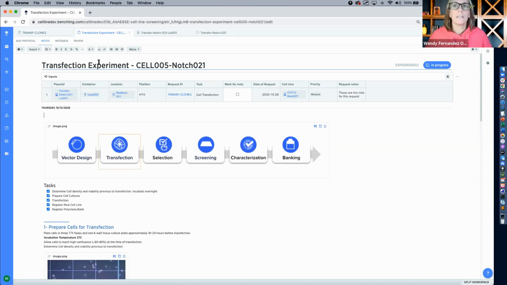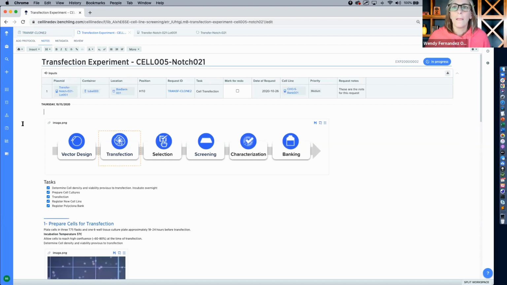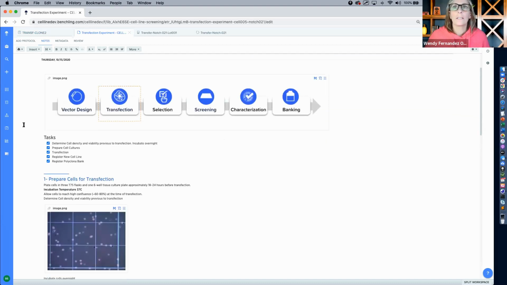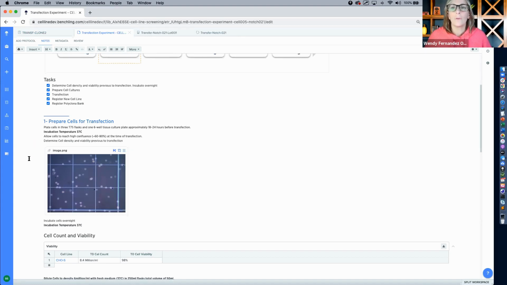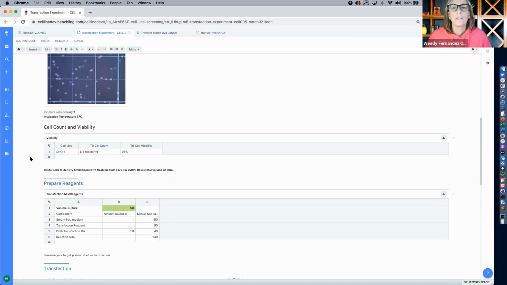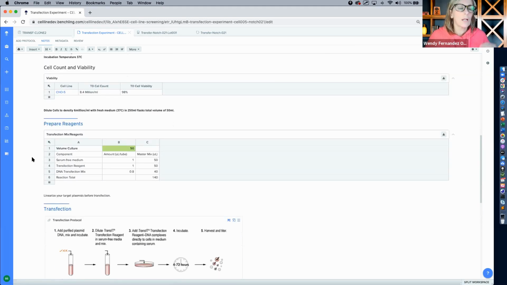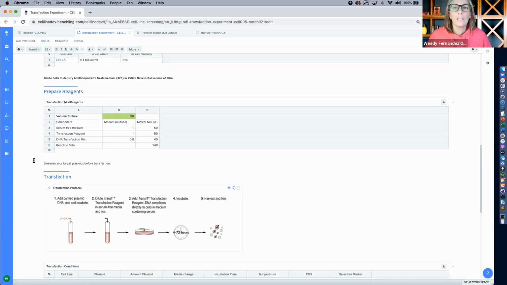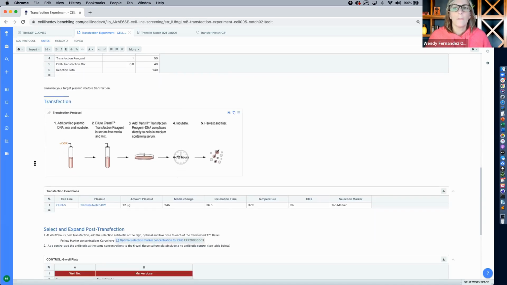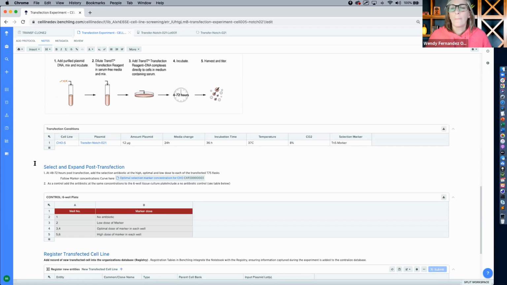And here you can see that I have the inputs that come from the request. So I always keep track of that information. And I'm going through the process of the transfection, and I'm adding information of how I prepare the cells, for example, and an image of those cells, how I prepare the reagents, and I have tables that are going to allow me to do the calculations for those reagents, and also the details of that transfection, the conditions, the markers,